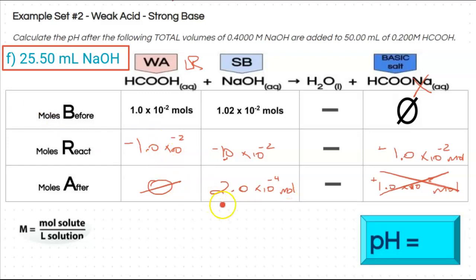I need to find a concentration to find pH, so I divide it by total solution volume. So I have those 50 milliliters of acid plus the 25.5 milliliters of base, and that is 0.0755 liters, which gives me a molarity of sodium hydroxide